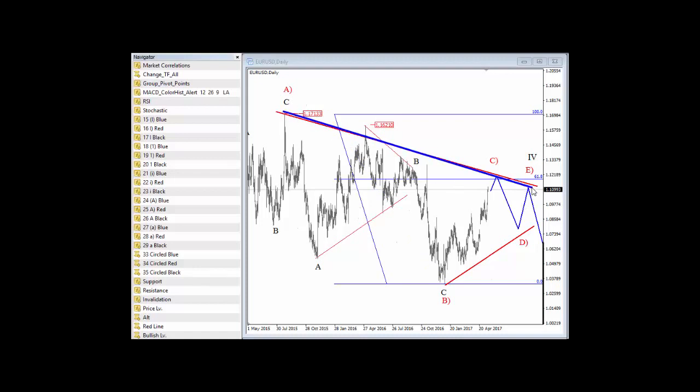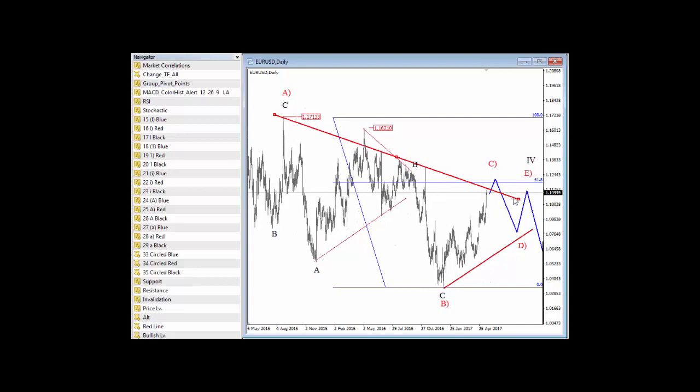Actually, the correct trend line would be if you connect the starting point of this black wave A and the end point of a triangle subwave B, which I think occurred here. That would be the correct labeling. So we are at this resistance now. The second trend line, which is also very important, I believe, is this: if you connect the high of 1.1713 and 1.1620, this would be the next trend line that I would pay attention to.